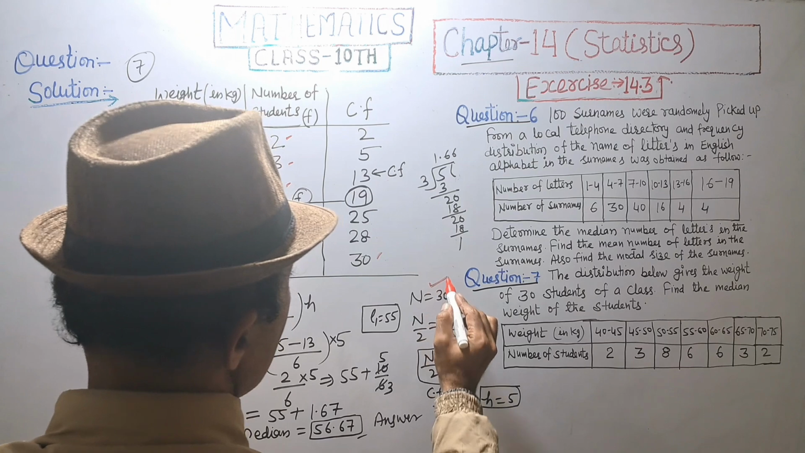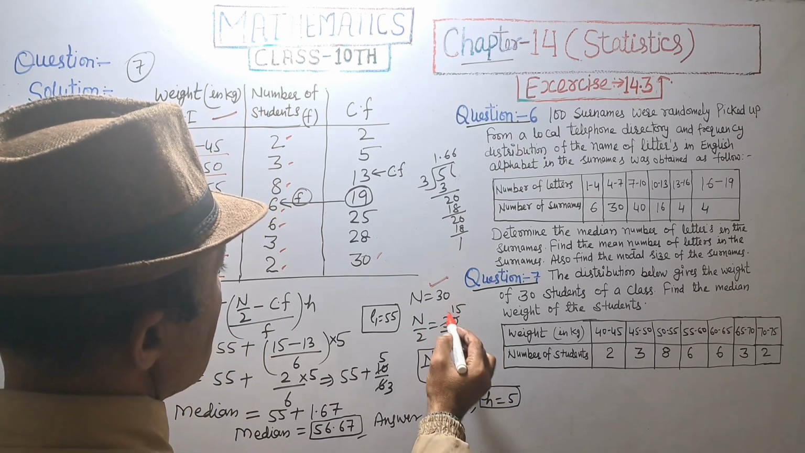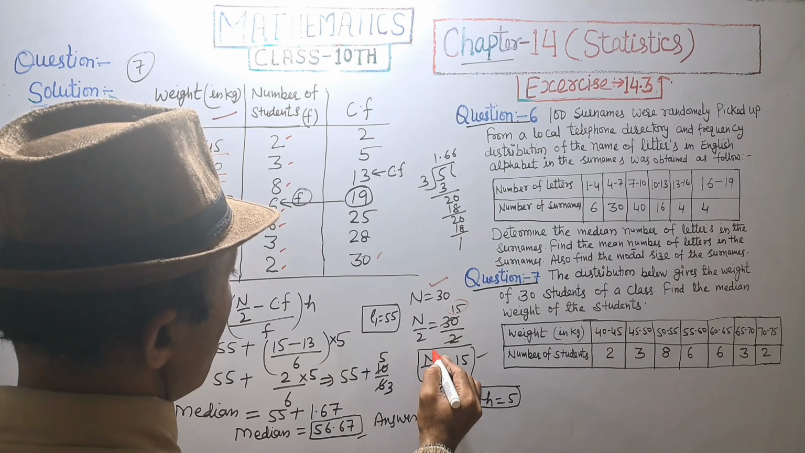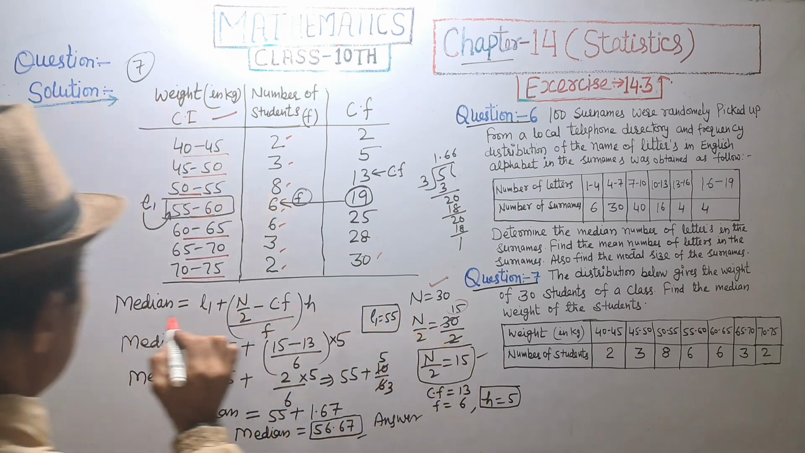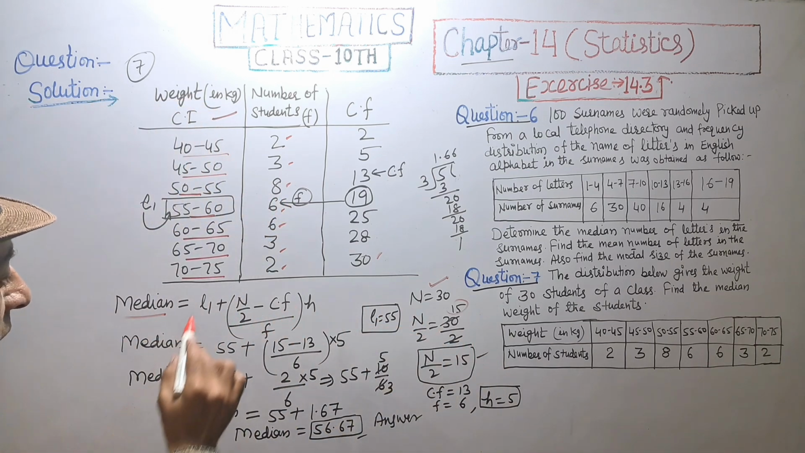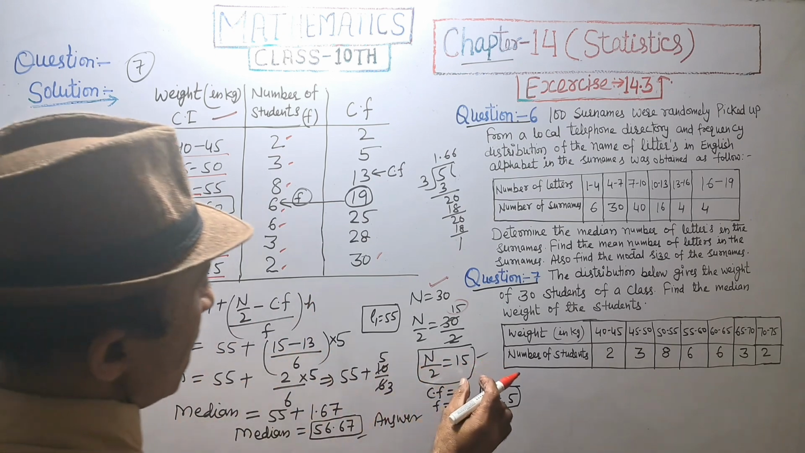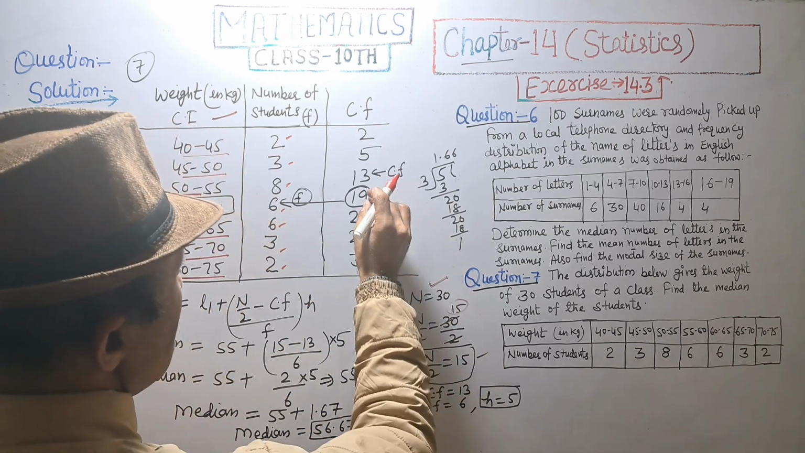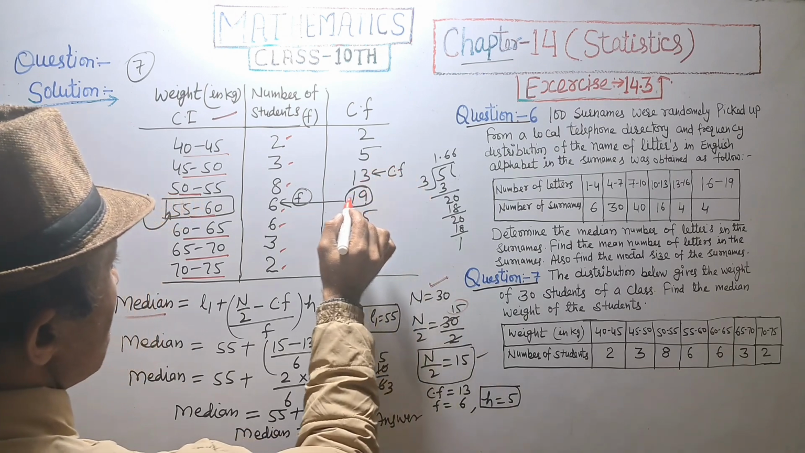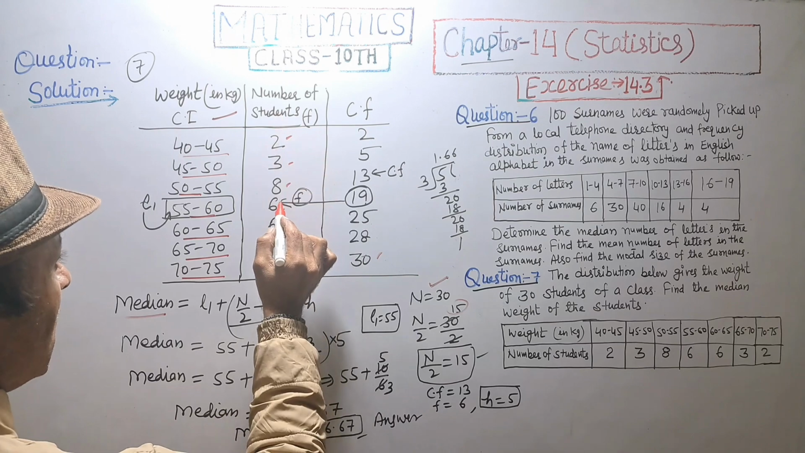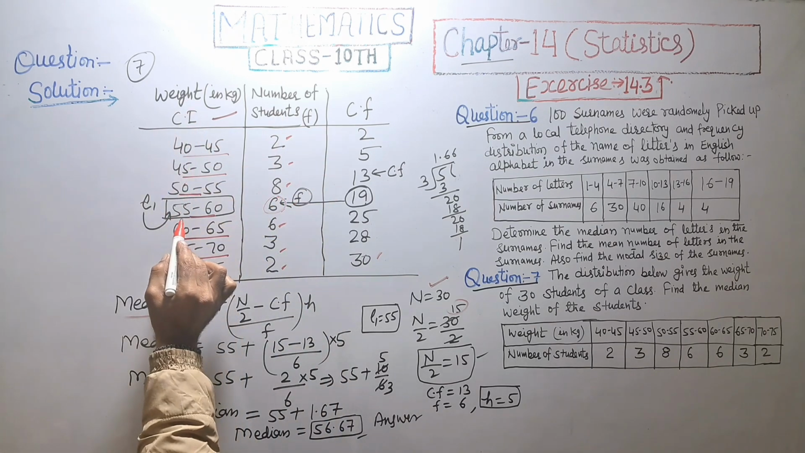So n is equal to 30 and n upon 2 is equal to 30 divided by 2, that is 15. So we get the value of n upon 2 is equal to 15, and median is equal to L1 plus (n by 2 minus CF) upon F into H. 15 lies in cumulative frequency here and CF is 13, and in the same row in frequency, F is 6, and in the same row in class interval,